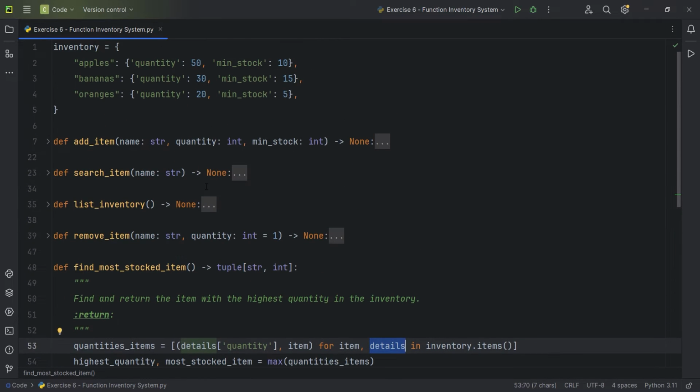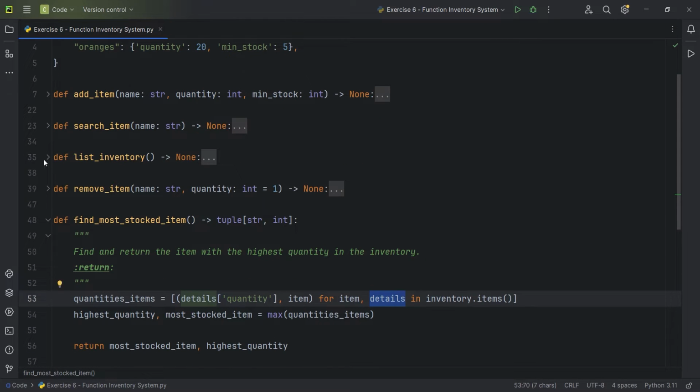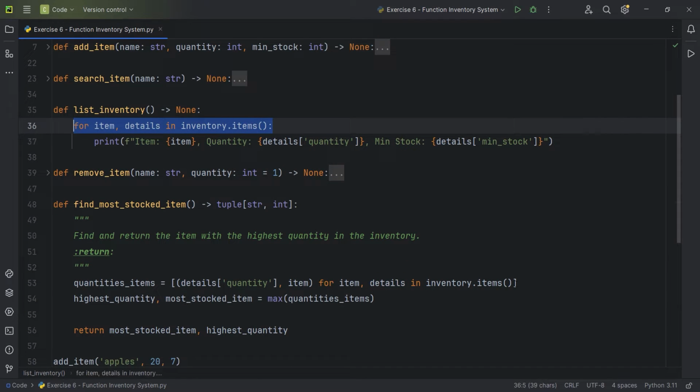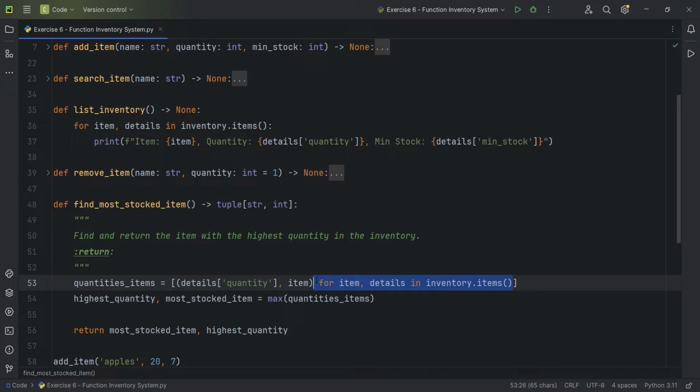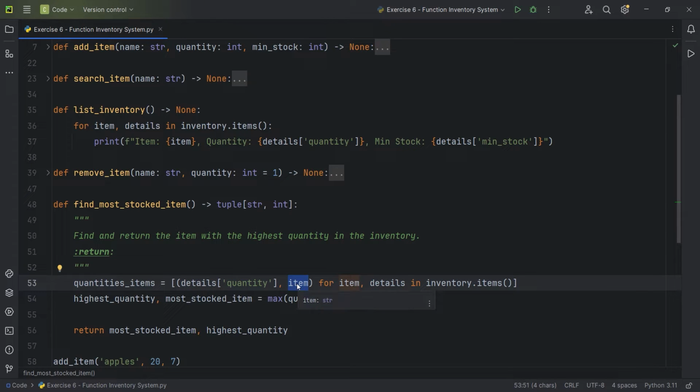So this is very similar to what we did right here in the search. No, not in the search. Exactly what we did in the list, where this is the same format right here. So if you can understand this, it's exactly the same as this one, but now we have it on a single line. So we say that we want to create a tuple that has the quantity inside of the details dictionary. The second item of the tuple is going to be the item, and then we create this list of tuples for item, details in the inventory dot